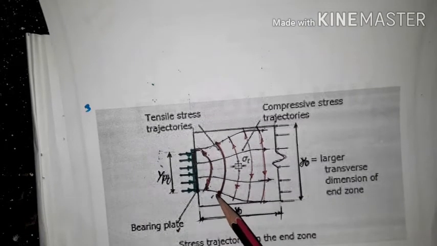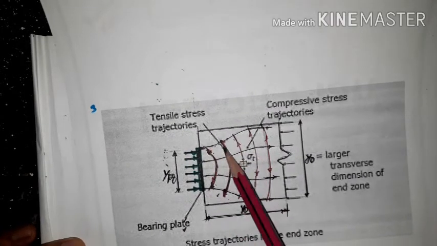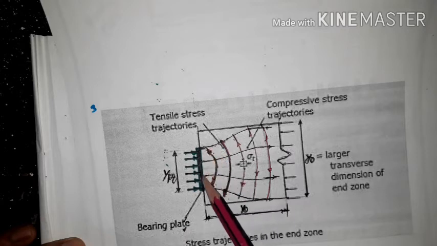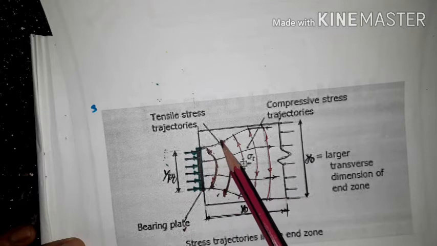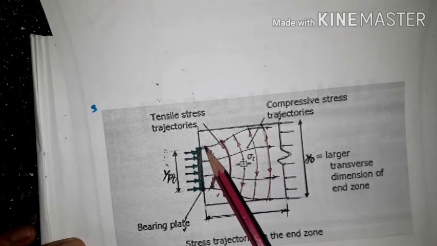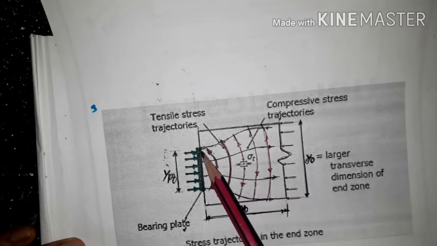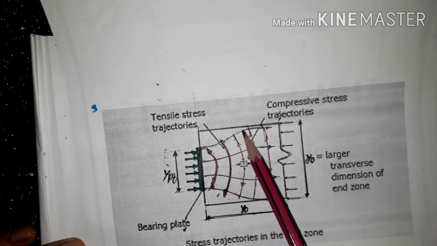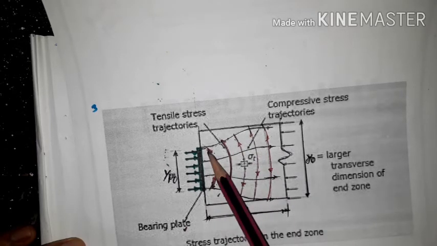Just to recall once again, you can see this is the more stressed area, because the force is directly transferred to this. Then the forces go from convex to convex, and it becomes parallel. You can see here it will travel and become parallel at some distance, that is y naught. Then these are nothing but the transverse, the tensile stresses.